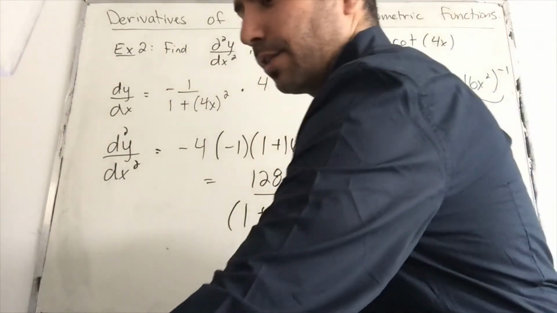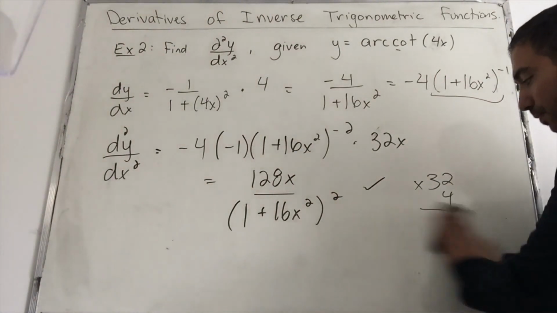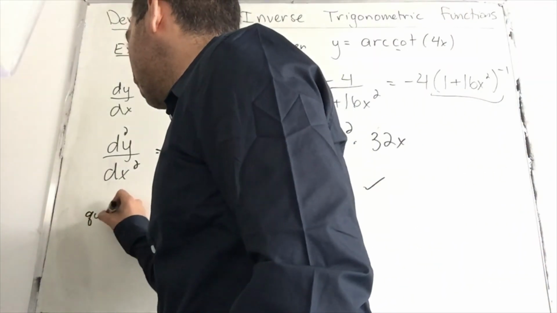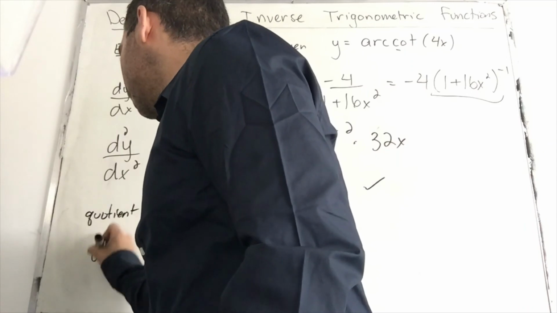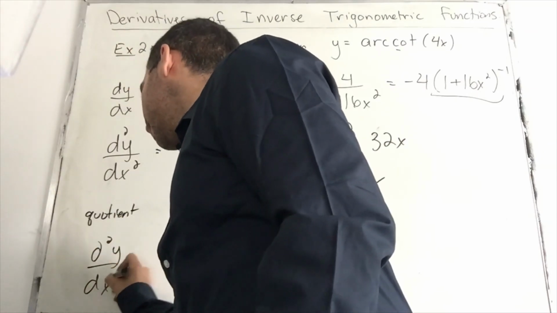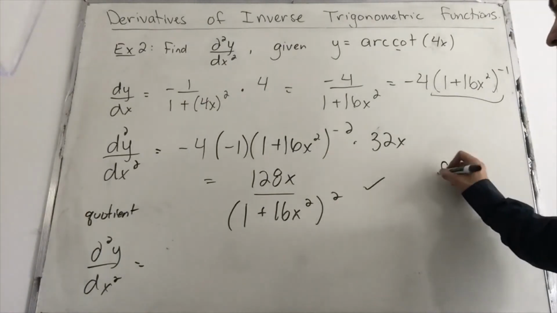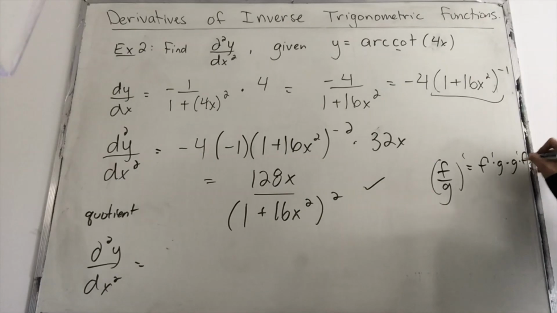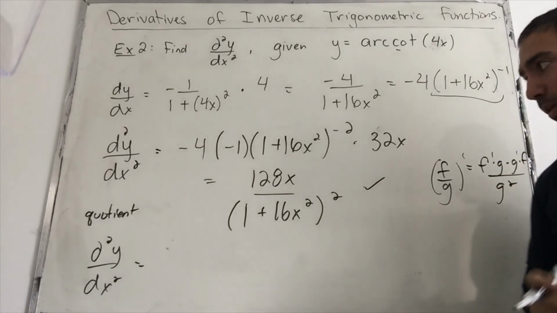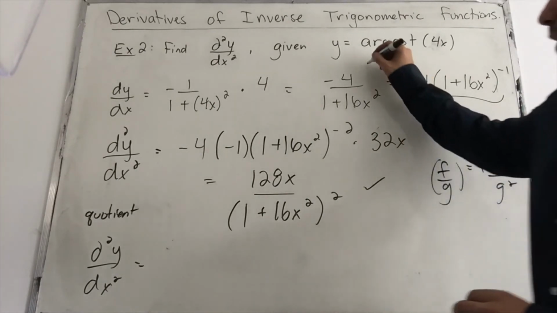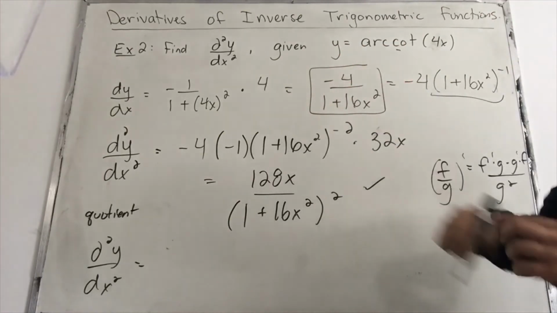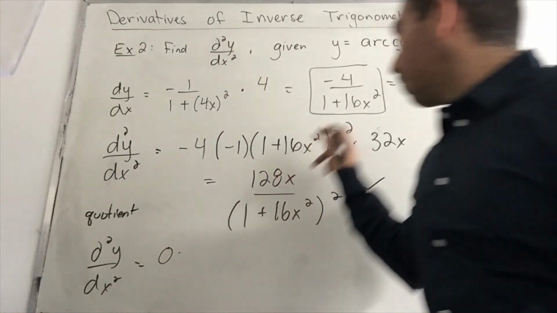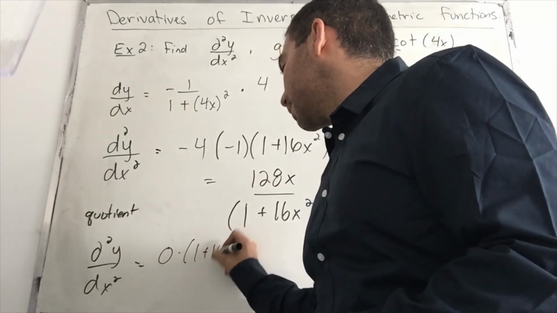Okay, let's make sure our answer is equivalent to quotient rule. So let's do method 2 and do the quotient rule method. So d2y dx squared. Applying quotient rule, remember it's f over g, all that prime, equals derivative of the top times the bottom minus derivative of the bottom times the top over the bottom squared. So the derivative of the top, we're over here now. We're looking at this because we have a fraction. The derivative of the top of negative 4, it's a constant, giving us 0, times the bottom, which is times 1 plus 16x squared,